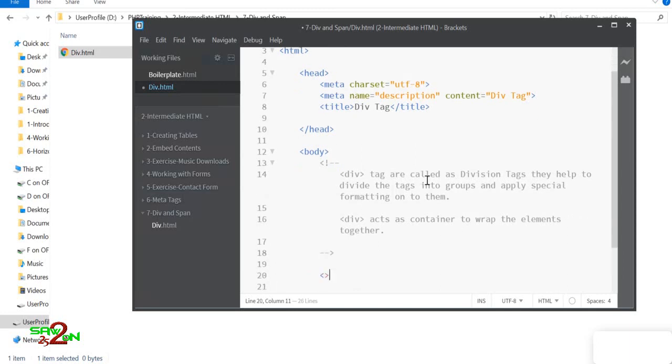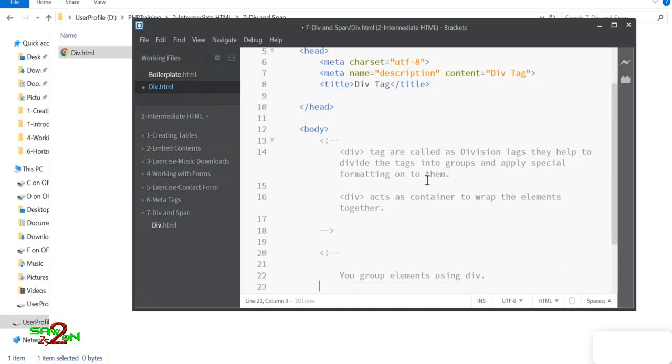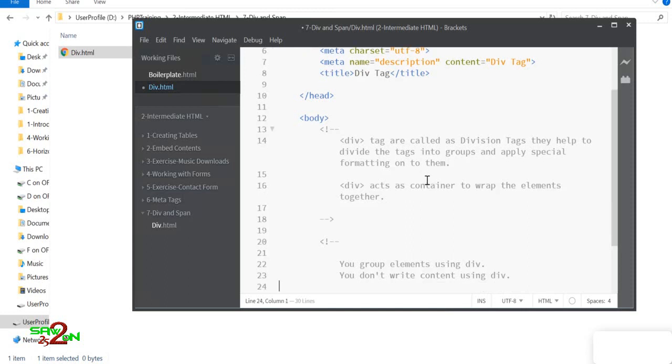One thing that you have to remember about div tags is, you group elements using div, but you don't write content inside it. I'll explain what that means.